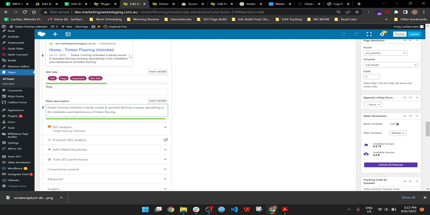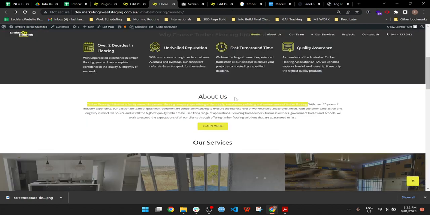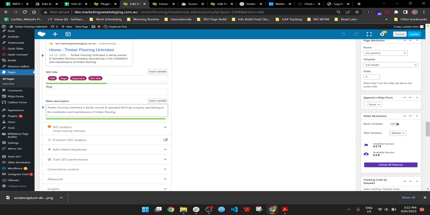So if it's not enough, maybe just try highlighting a little bit more, but still make sure that the sentence makes sense. We don't want to end a sentence halfway through, obviously. And once again, if it's too much, just cut a little bit down. So if this was too much, I would probably delete